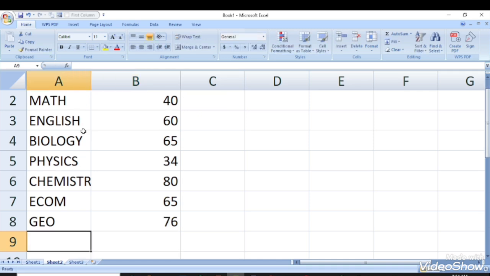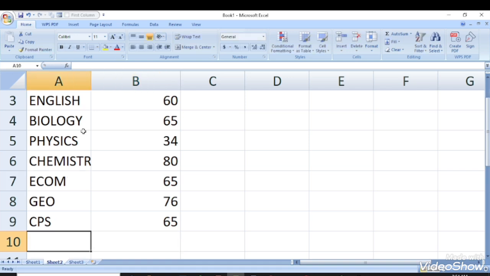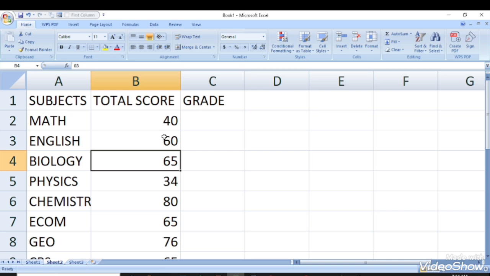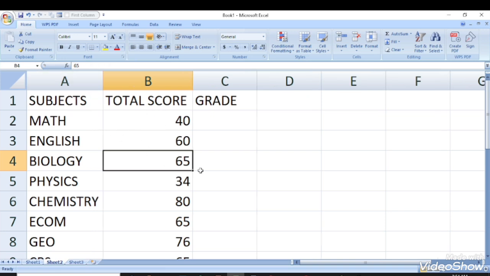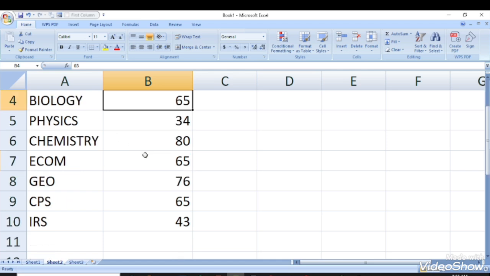Then which other subjects? Computer, CPS, they have like 65. Then the ninth one, having IRS, is having 43. So let's say you are given this kind of subject and score